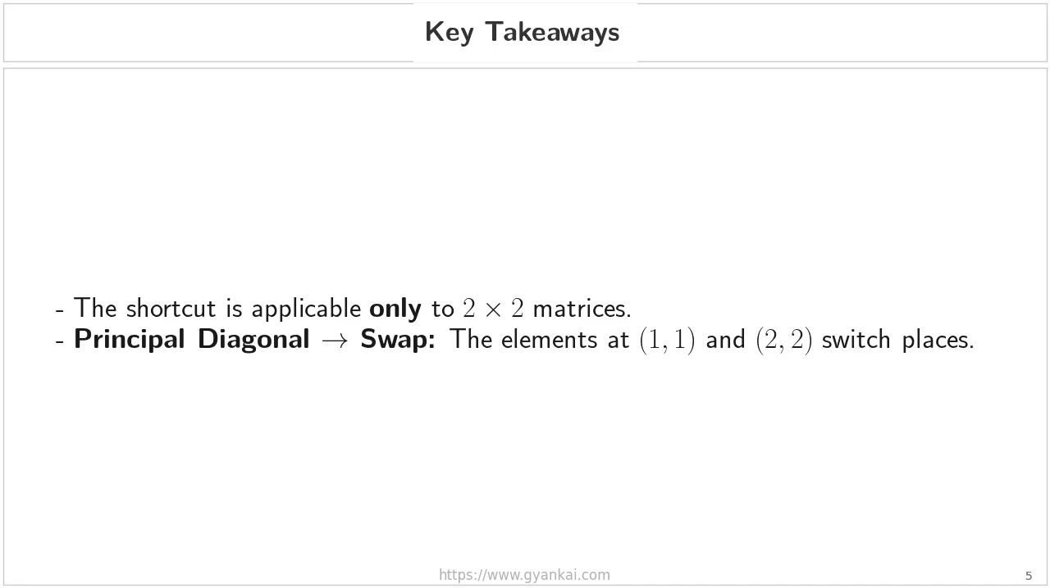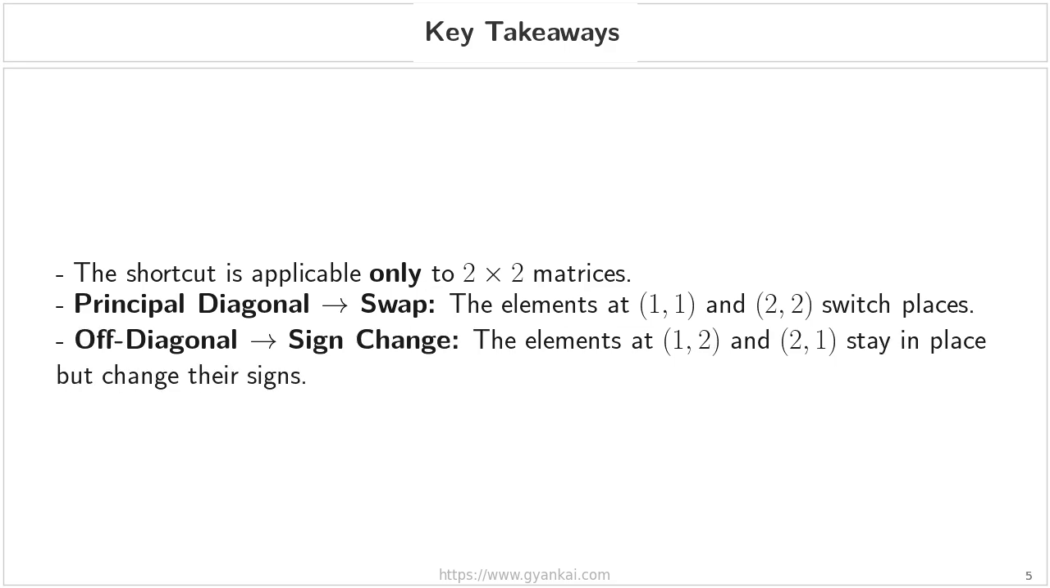To keep the process straight in your head, I want you to remember these 2 distinct actions. For the principal diagonal, think swap. This means the elements at position 1, and position 2 simply switch places. For the off-diagonal elements, think sign change. The elements at position 1, and position 2, stay exactly where they are, but you must multiply them by -1